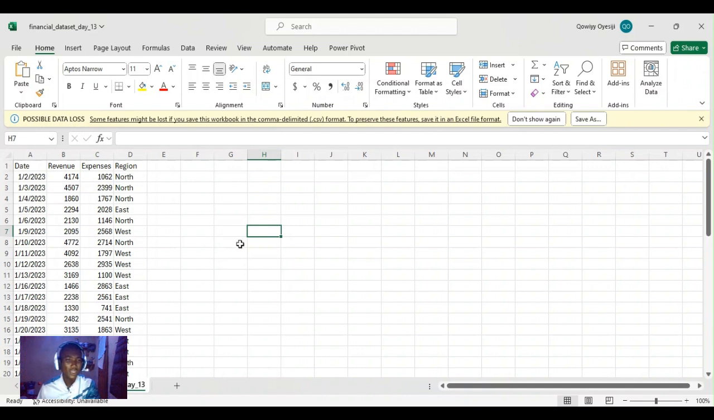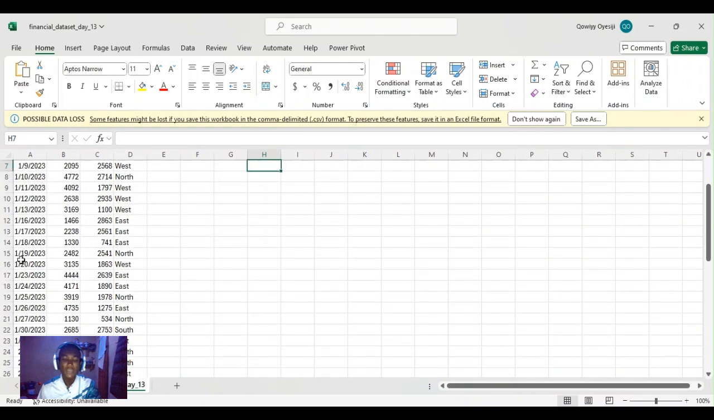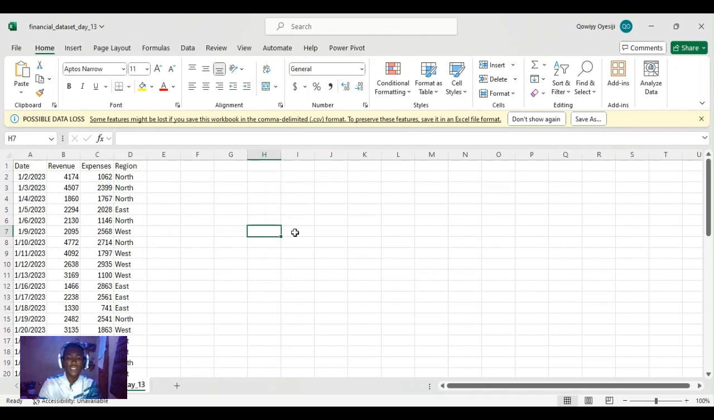So without wasting much of our time, I want to check the average expenses spent in the last quarter. This is the first quarter of 2023, so we want to check our expenses for that particular quarter. So how do you go about it? We want to check the average expenses. Just say equals to